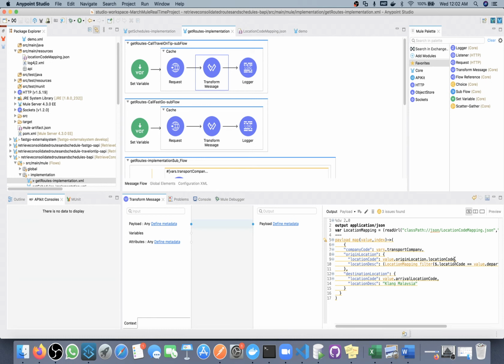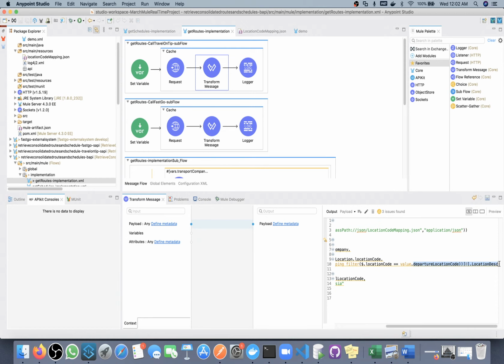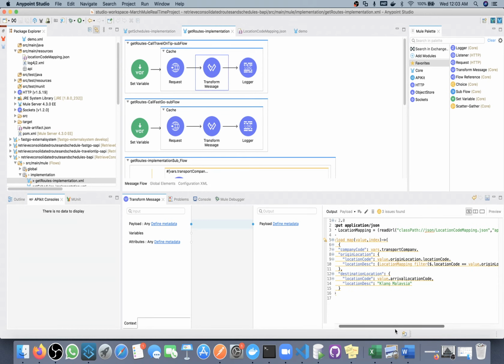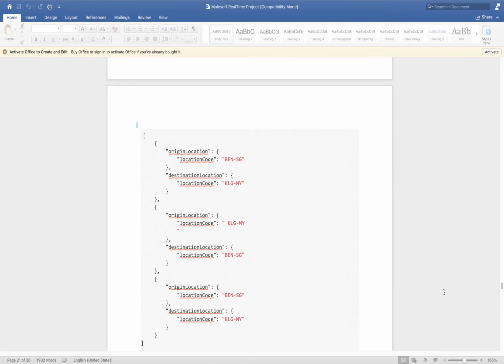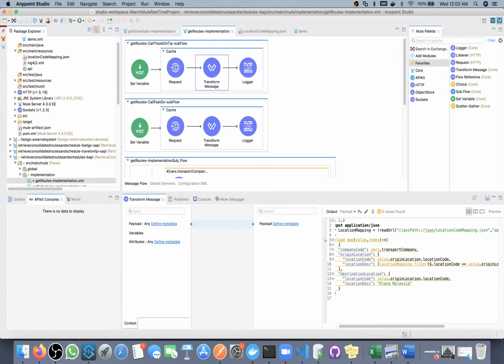Okay, same thing. And here what we want: destination location dot location code. Destination location dot location code.